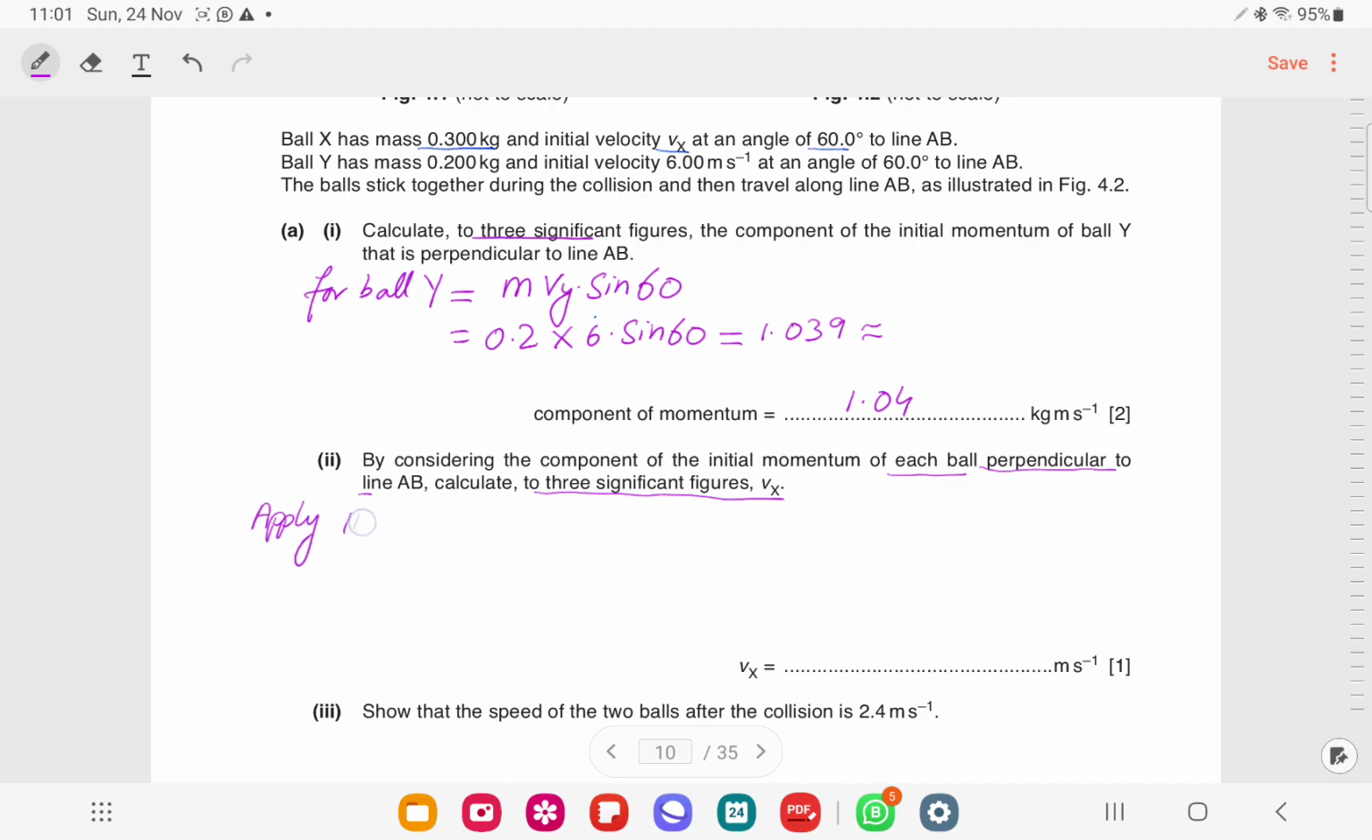So use a reference, apply the law of conservation of momentum perpendicular to line AB. Apply the law of conservation of momentum perpendicular to line AB. So before impact, momentum, in fact total momentum before impact is equal to total momentum